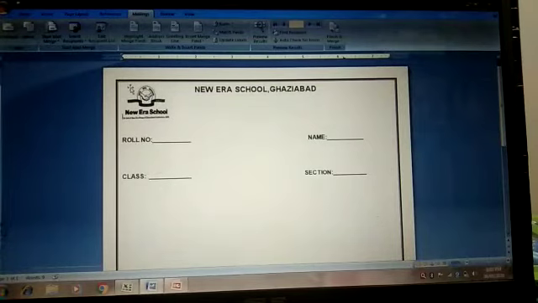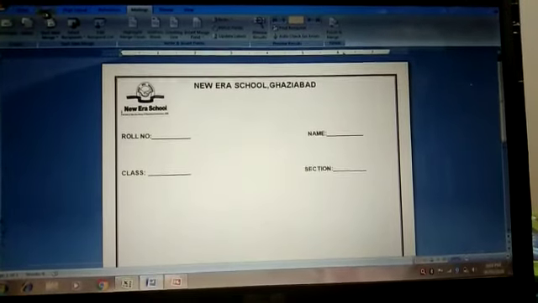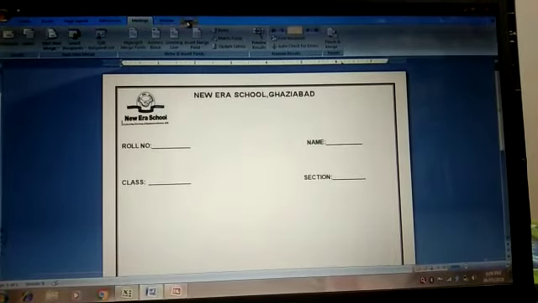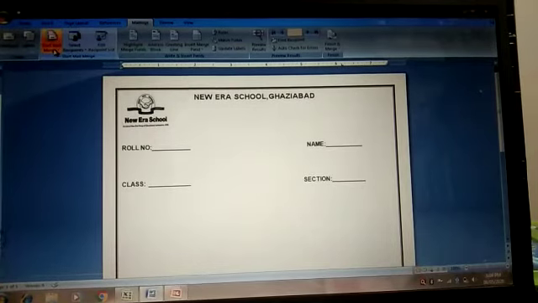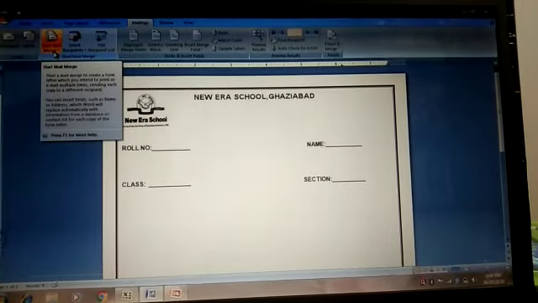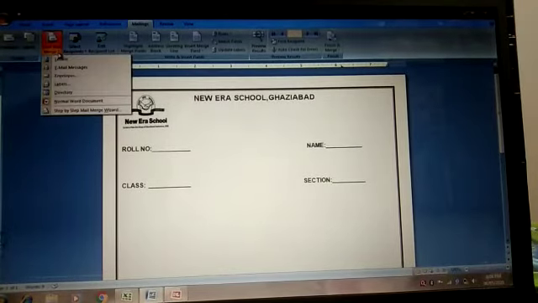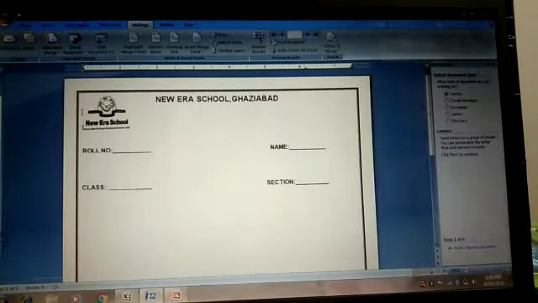Now this is my main document. Right? Let us start the mail merge. For this, you can see here so many menus are there like home, insert, page layout, reference, mailing, review and view. Let us click on the mailing. As we click on the mailing, from here you have to click on start mail merge. You can see this arrow button, just click it here. And then from here you have to select step by step mail merge wizard.